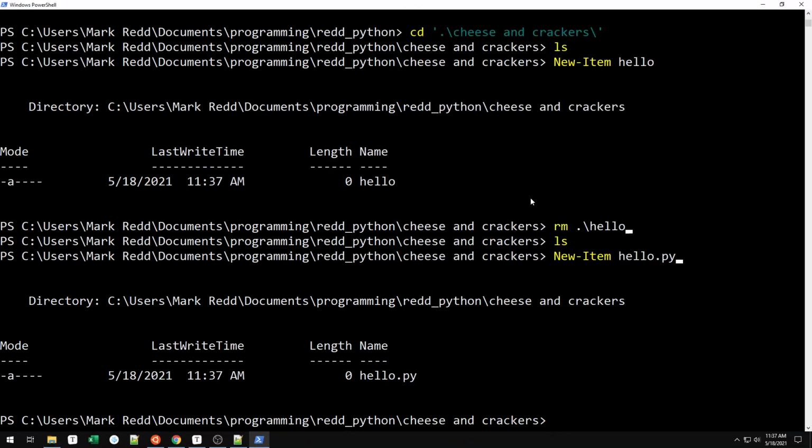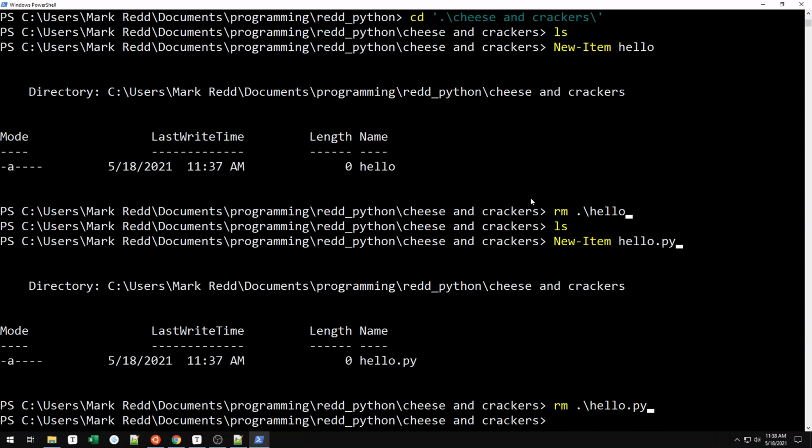Now that we've made a new Python file, we can say, okay, good, we're done here. We can now go in and add code and figure out what we want to do, because that's essentially just a text file. And once we're ready to get rid of it, or if we want to delete it, we can say remove